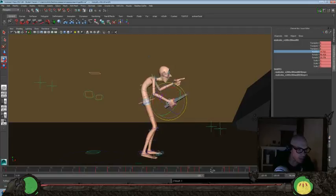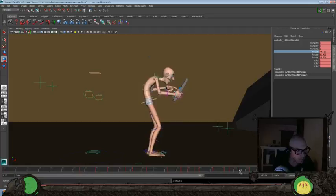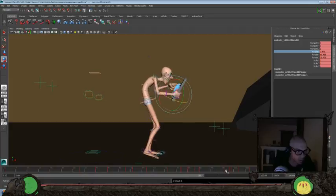Back there. Go a little bit forward here. Maybe a little bit out, just so that it's not intersecting so much. So that one's fine there. Go ahead and get rid of that. Favor it open a little bit more just so our silhouette reads a little bit better. Maybe even a little bit